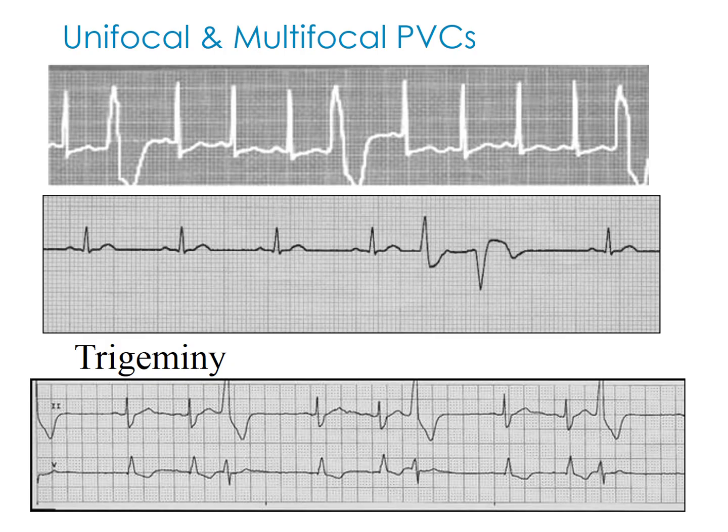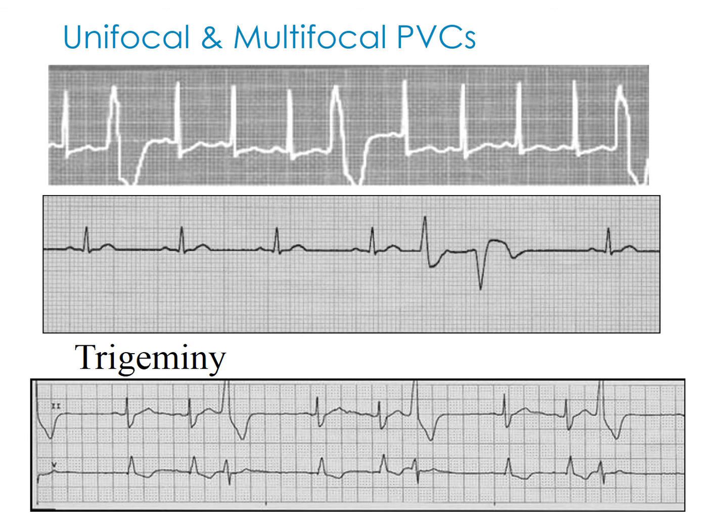Here are some pictures of what we were just talking about, unifocal and multifocal PVCs. In this one, you can see there's a PVC here. You go 1, 2, 3, 4. This is actually a 4-to-1. You could say a PVC on the top one, a 4-to-1, or multifocal, because there are several different PVCs that are firing. The second strip, I think you can see there is one PVC,